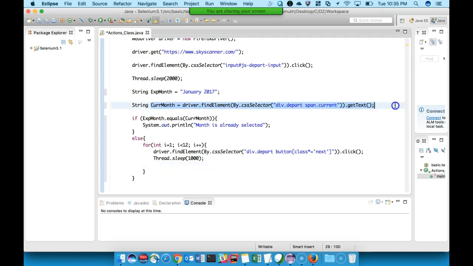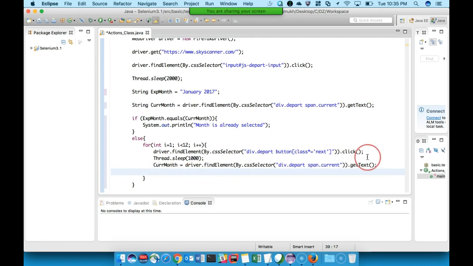So this particular line, we're going to use it here. What we did, we are clicking on the next button and retrieving the value of current month again. So all I'm going to use is this particular thing again.